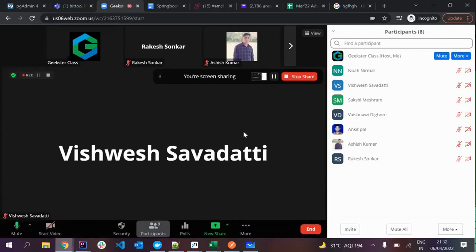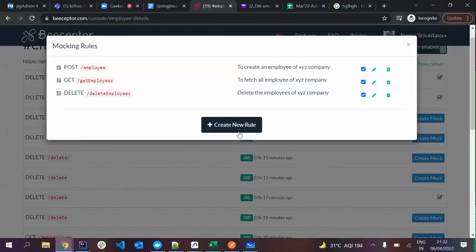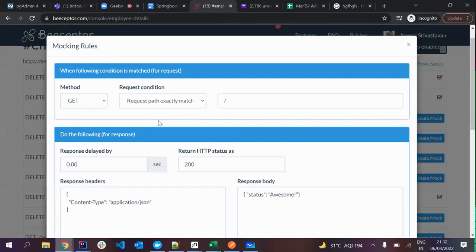Okay, let's focus on the screen. Let me create the other one, basically an API to update the employee record. Since we have to update the complete record, we will go for the PUT request. Here you need to give your endpoint. Let me give one of my endpoints, let me give employee